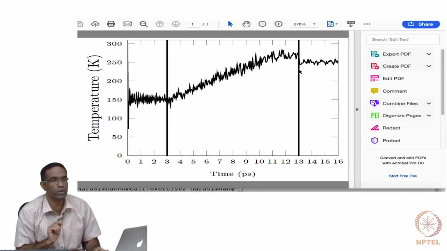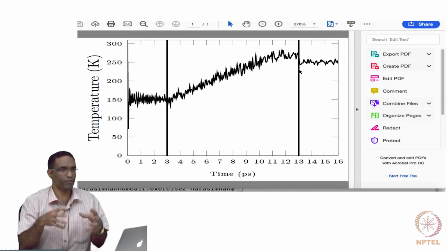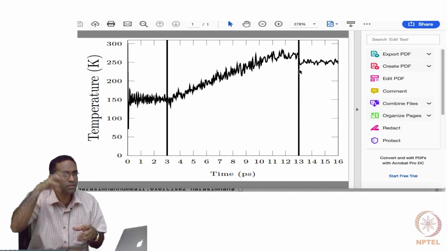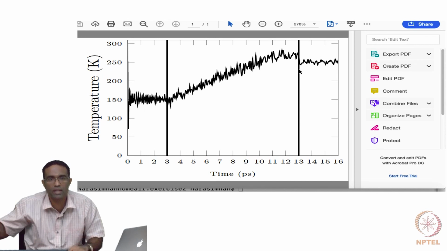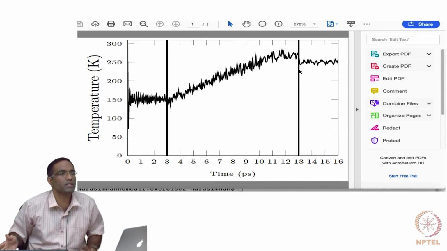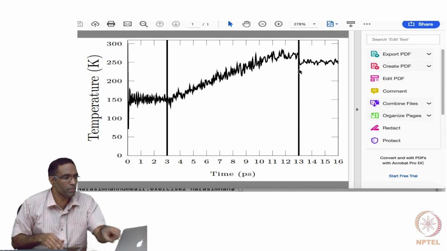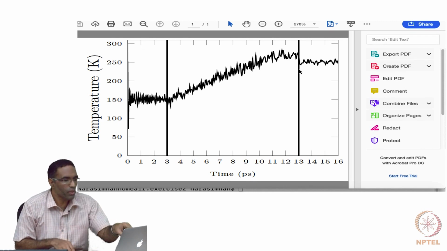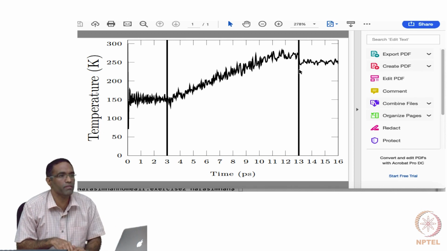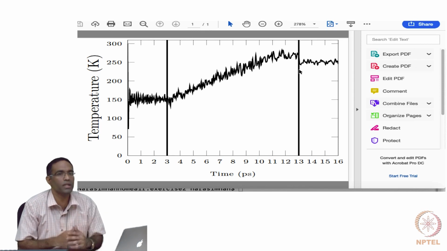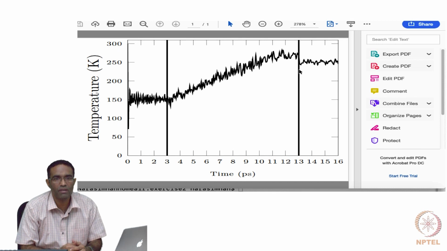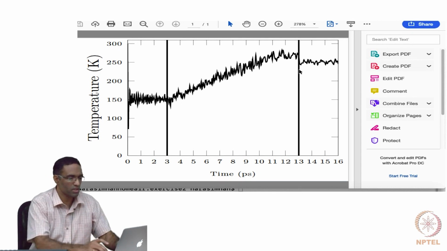So that is exactly what I am doing here. After having this NPT fix for some time and allowing the system to exchange heat or mechanical work with the surroundings, I am stopping that fix and starting an NVE, and this NVE is actually an isolated system, and I am checking if the temperature and the pressure are what I want. Now it so happens that when I stopped it and ran the NVE simulation, the temperature was a little bit lower. It was somewhere around 250 and it has not yet reached the 300 Kelvin value that I wanted. It has not reached the 300 Kelvin that I wanted, but it has reached some other value.